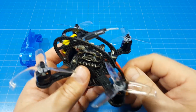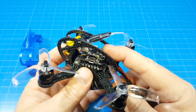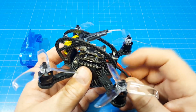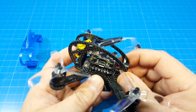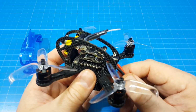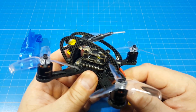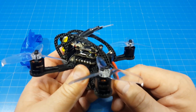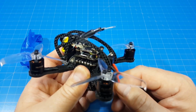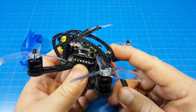The little all-in-ones really get warm. This one in the flight video, I was running 200 milliwatt, but if you do run 600 milliwatt, I would suggest not leaving it sitting there on the ground for 5-10 minutes. If you notice anything on the screen when you're running 600 milliwatts that seems off, maybe the colorization or anything like that, either get it in the air to cool it or unplug it and then lower your milliwatt, because these VTXs, you don't want them burning out,